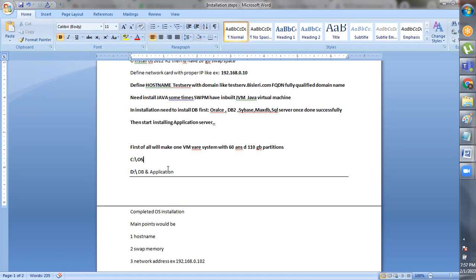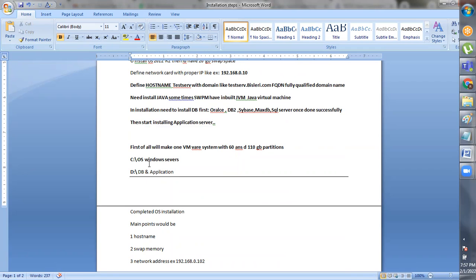So when we do installation, we need to first install and configure a VMware system. First of all, you do 60 GB space where you can install the Windows OS. 60 GB space means in the VMware system or in our local machine?